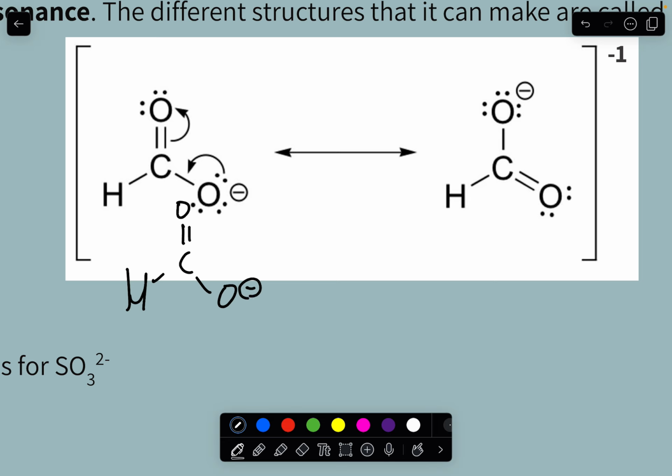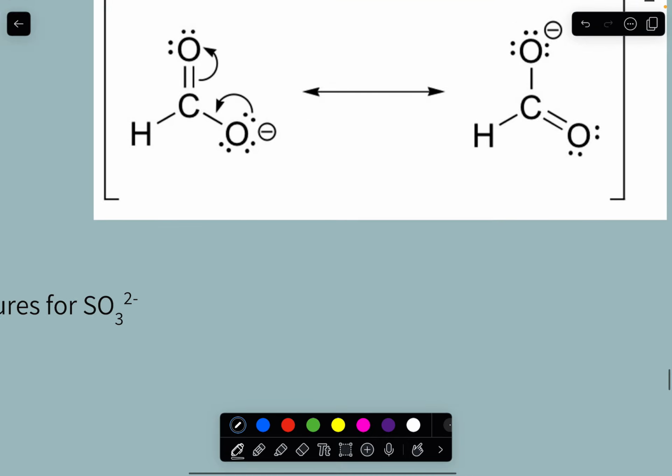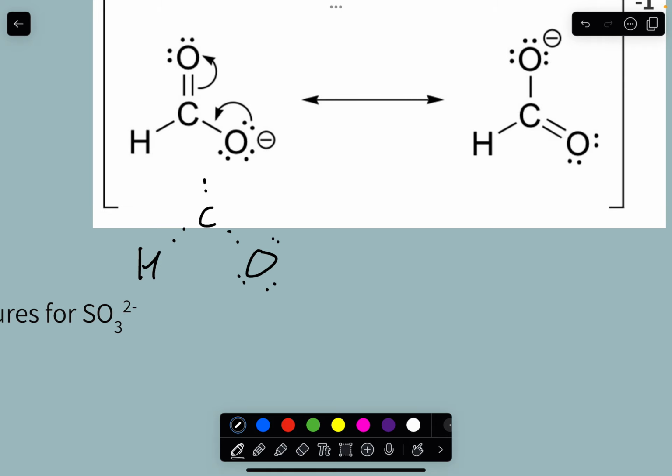So remember what this really looks like is, let me erase this. This hydrogen has 2 electrons to the carbon, which is 2 electrons to this oxygen. And then the oxygen on top has 4 electrons. So what can happen is this lone pair of electrons can move down to the carbon to make a double bond. And if it does that, the carbon is going to be a little overwhelmed, right? It has more than the octet, more than the 4 bonds. So what it's going to do is it's going to take the 2 electrons on top here and throw them